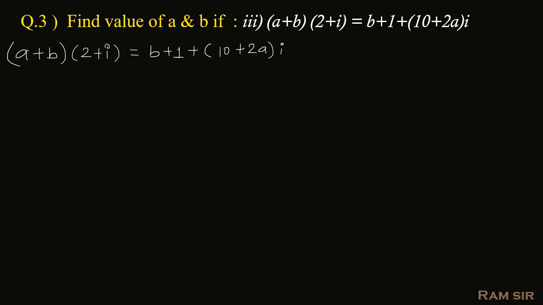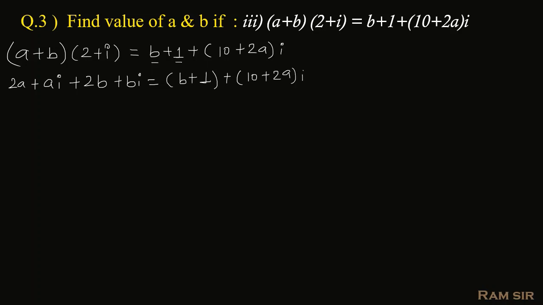तो a into 2 gives you 2a, a into i gives you a into i, plus b into 2 gives you 2b, and b into i gives you b into i, which is bi. राइट हैंड साइड में नो ब्रैकेट मल्टीप्लीकेशन, वैसे भी मल्टीप्लीकेशन है नहीं. राइट ऑन ऑल रियल टर्म टुगेदर. तो b एंड 1 बोथ आर रियल बिकॉज दोनों के साथ i नहीं है. सो विल राइट देम इन वन ब्रैकेट, and here 10 plus 2a already together with each other.